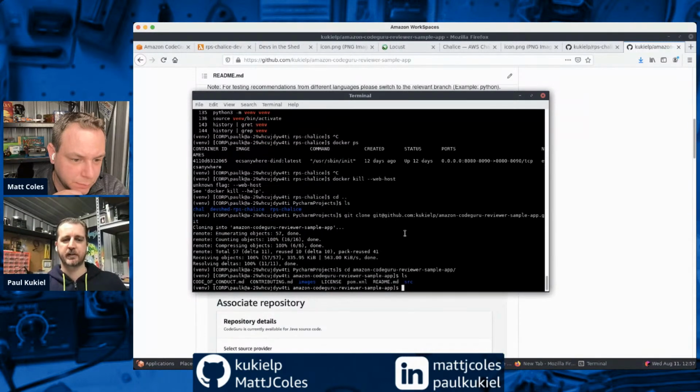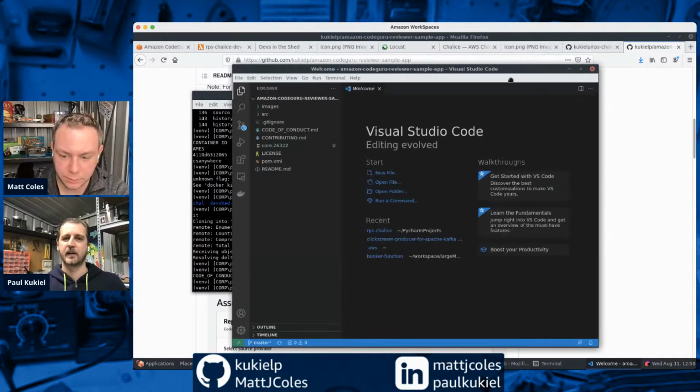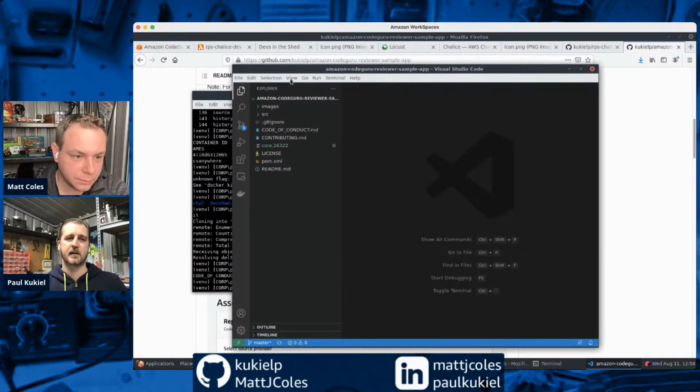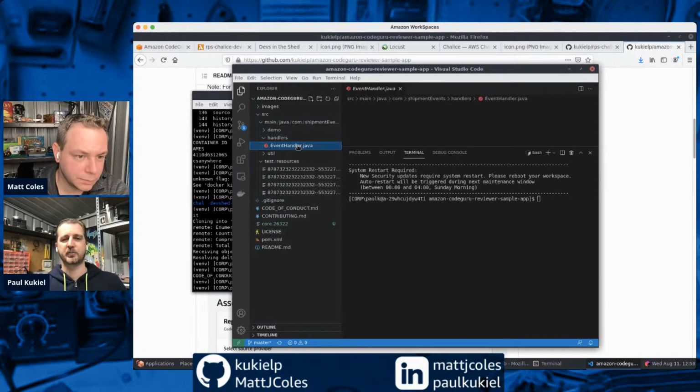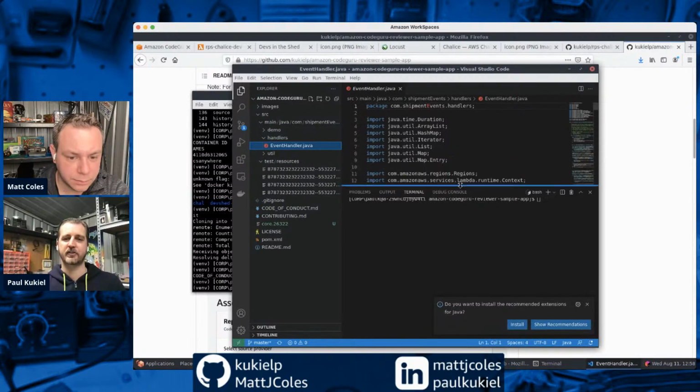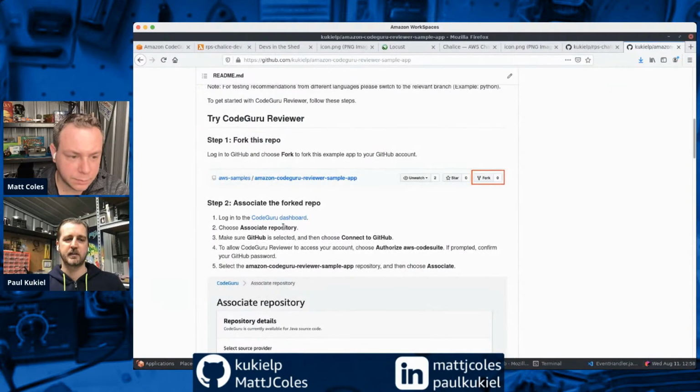So we have a look now. We can see this is some sort of Java app. I'll open it up in code so we can just have a quick look at it. I'll open a terminal here as well. So there's just some resources, some sort of event handler for some sort of Java application. It's here. And I think the next step is,